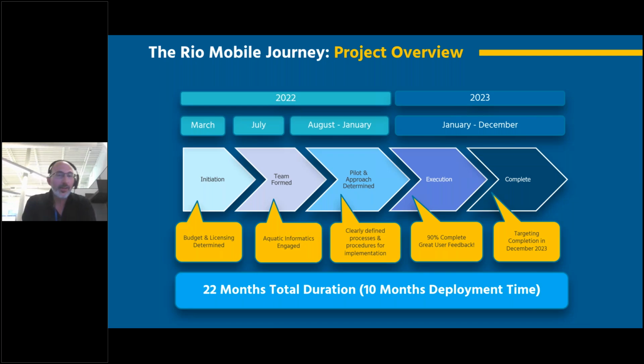That's a little bit of a philosophical discussion, but the bottom line here is we started back in March of 2022, and then we did quite a bit of planning. And when I say planning, I'm talking about the requirements gathering phase of this project. This is not a small change, especially for an organization that's digitizing a well-entrenched paper process. So what do I mean by that? What did it look like?